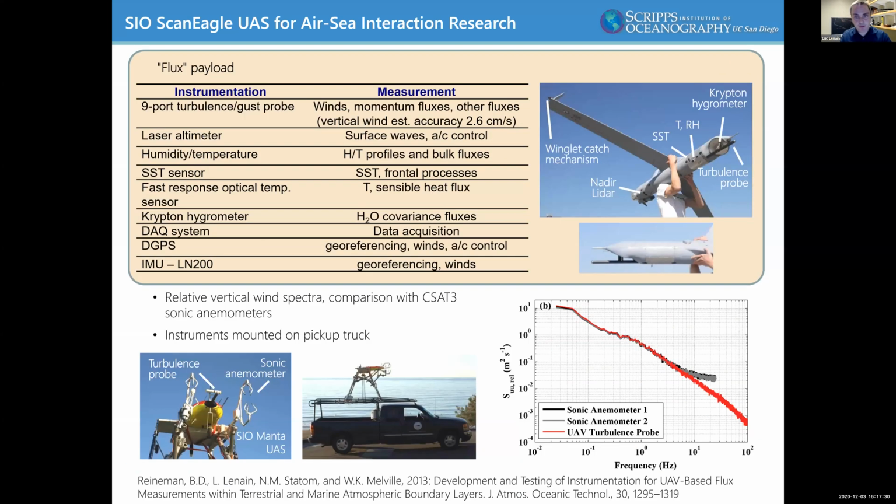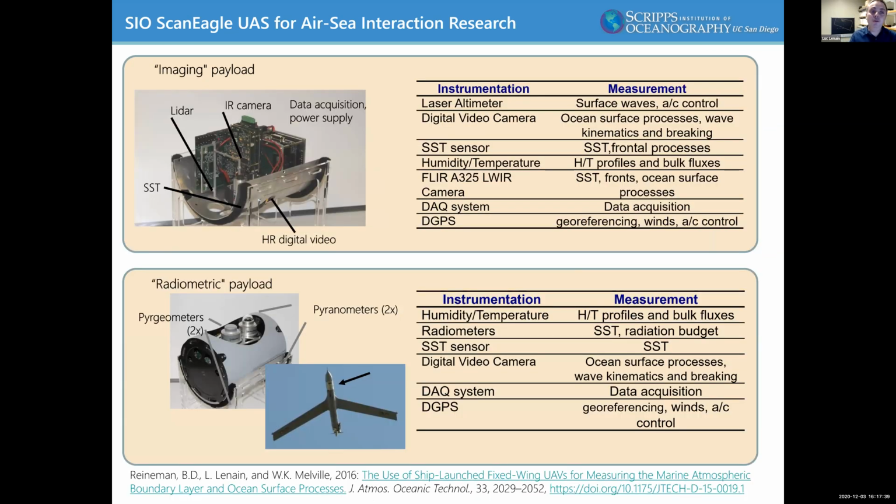So as I mentioned, we want to have the in-situ measurements as low as we can from the aircraft, using those kinds of payloads. What we do want, though, at the same time, is another aircraft, in kind of a standard flight configuration, flying at a higher altitude with all the capability. And by that I'm thinking imaging payloads. The first payload I'll be talking about is the imaging payload, which gives you information about the surface kinematics. It's equipped with